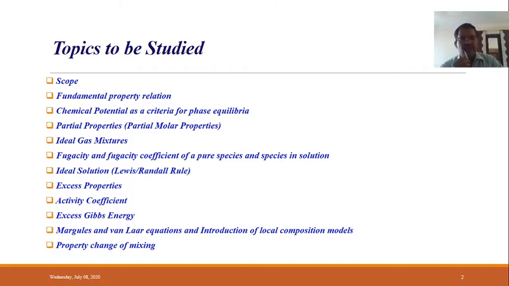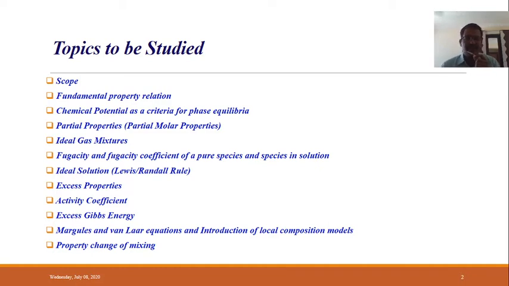Then when you are talking about solution thermodynamics, always we are, a simple example, if you have partial pressure, right? So that means the contribution of that particular species in that particular gas mixture, or you can say liquid solution. So here partial properties will be a very important aspect again. So here partial molar properties, that is another one. Then we have to see the gas mixtures, and for gas mixtures, how these partial molar properties can be calculated, and what are the different relations, and how these are useful in practical application.